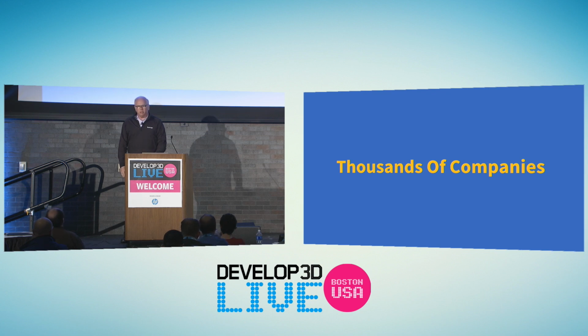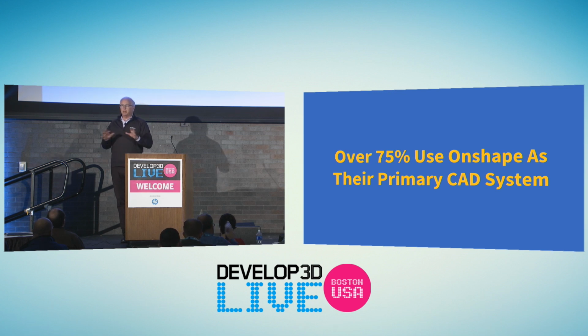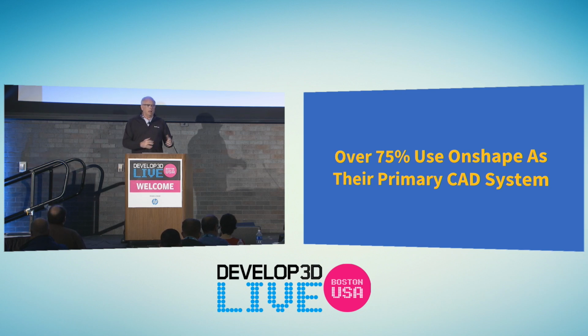And what we're especially pleased at, to tell you this year, is that over 3/4 of our customers report to us that Onshape is their primary CAD system. So we're fine with customers using it as they do most CAD on the side, so to speak, or on one project, but we were really pleasantly surprised to earn that. And we work very hard on this because it takes a lot to become someone's primary CAD system. And very rarely do we see a new system introduced into the industry that achieves that. So we're especially proud of that.